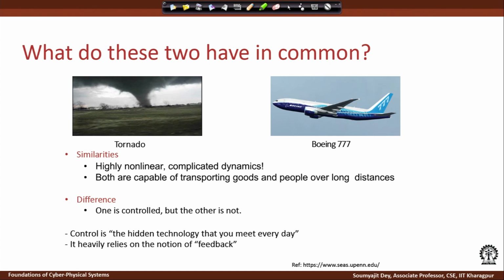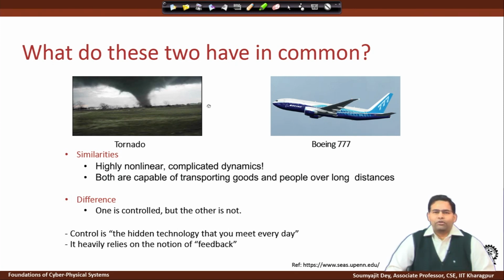So, when we talk about dynamics and we talk about control, as a simple example, we have the picture of a tornado and a Boeing 777. These are some example pictures taken from here. You see that both are dynamical systems, and we are talking about control here. The tornado is something which is highly nonlinear and has continuous dynamics, and the difference is this Boeing 777, it also may have a nonlinear trajectory, and there are several complex control loops internally which are